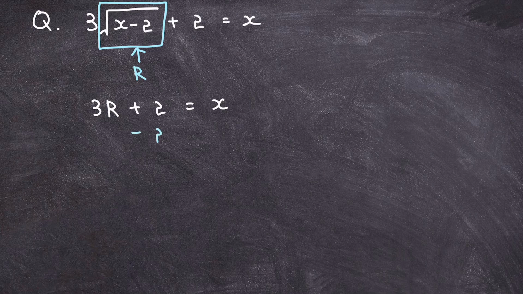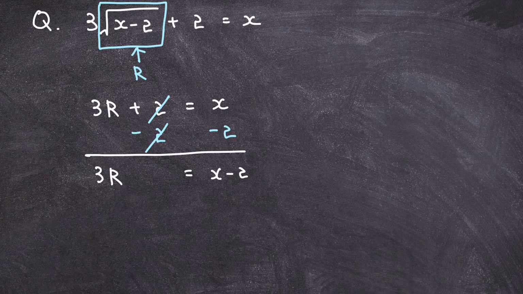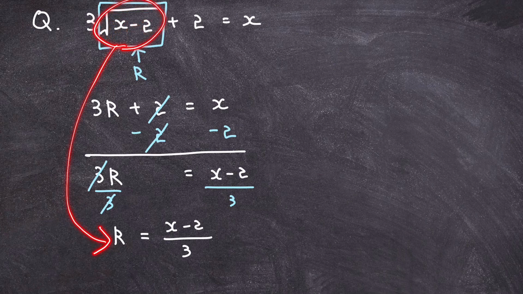I'm going to get rid of this integer term to isolate the variable of r. I get 3r is equal to x minus 2, and I can divide both sides by 3 in order to get rid of the coefficient, and I have r is equal to x minus 2 over 3. Now, next step is to plug the square root of x minus 2 back into the place of r. So, if I do that, I'll have,